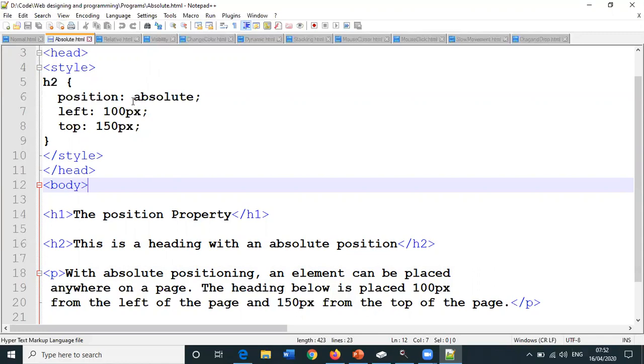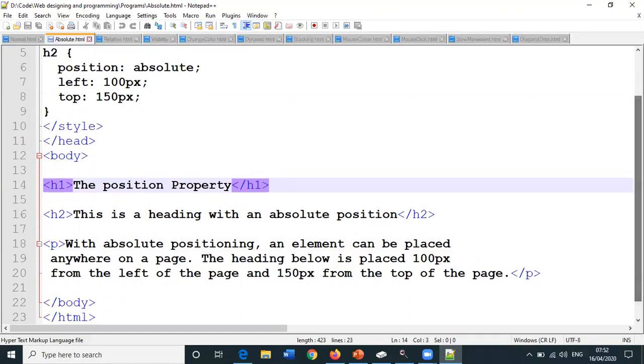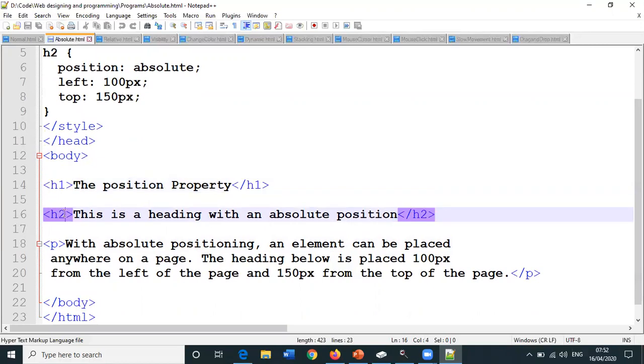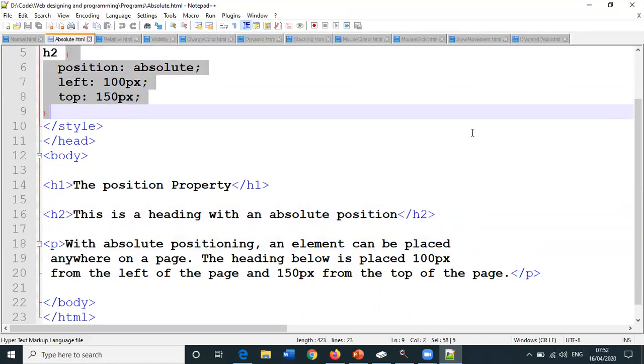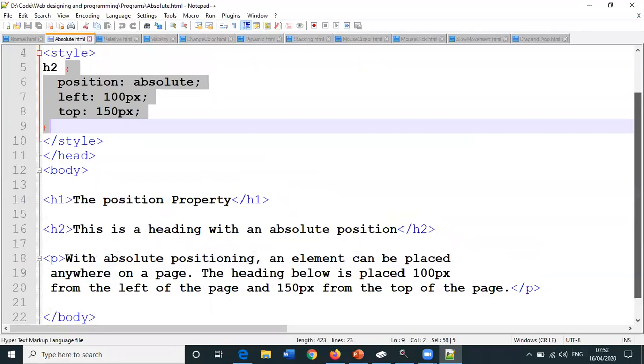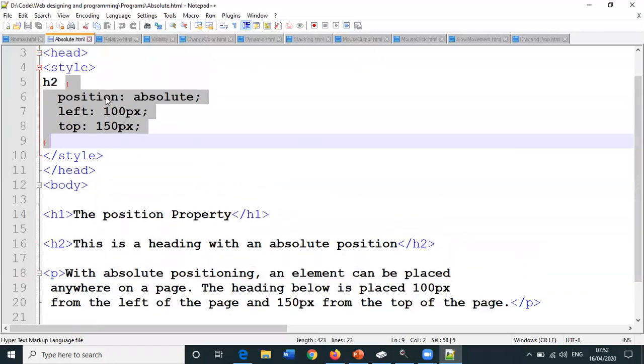Now the same program, here what we have done is we have introduced the absolute positioning. Now let us check out what is absolute positioning. The H1 tag, H2 tag, and then the paragraph tag. For the H2 tag, we have specified certain effects. Which are those effects? There is an attribute which is called the position attribute.